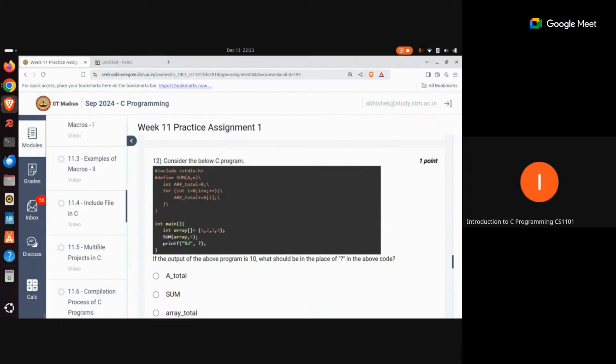Okay, so coming back to the question, we have to find out what should be put in place of this question mark so that the output becomes 10. In that case, this macro is getting invoked, and what it is doing is iterating over